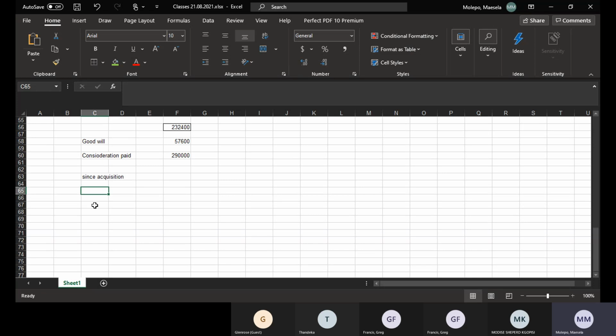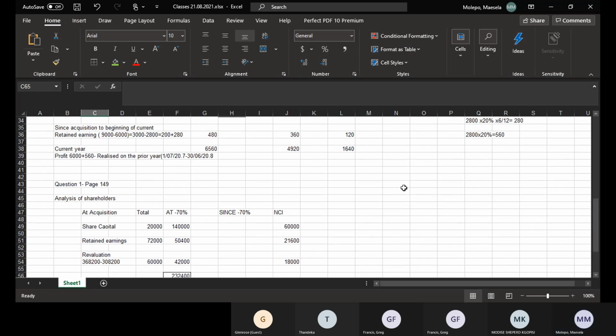So the period from 1 July 2005 up to 30 June 2007 will fall under since acquisition